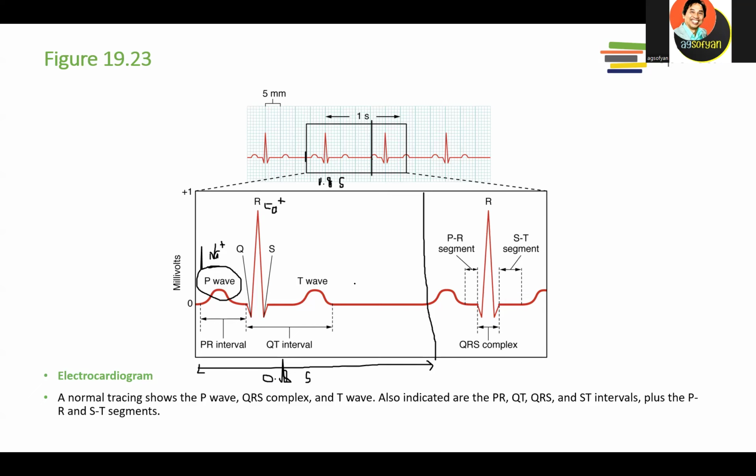Where the potassium channel opens, then you're going to see the T wave over here. It is actually telling us that the potassium ion is present. So there are three peaks during this measurement. The P wave tells us the sodium level, the QRS tells us the calcium level, and the T wave tells us the potassium level. And it takes 0.8 seconds per cycle.